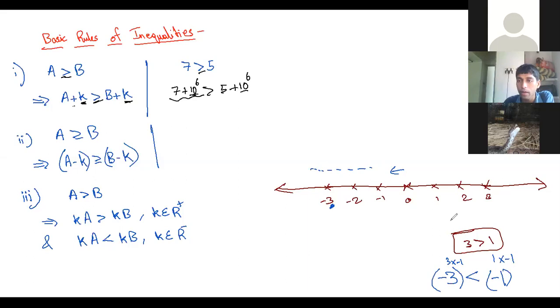Okay, all of you must be knowing. But see, if 3 is greater than 1, then when you go to the other side, it's like the mirror reflection, right? Here, this fellow is greater. But if you want to go to the other side, you have to reflect them about a mirror. Then the inequality just changes. Here, if 3 is greater than 1, when you're going to this side, the inequality is -1 greater than -3. Because the quantities on the right are always greater than the quantities on the left when you're plotting the number line.